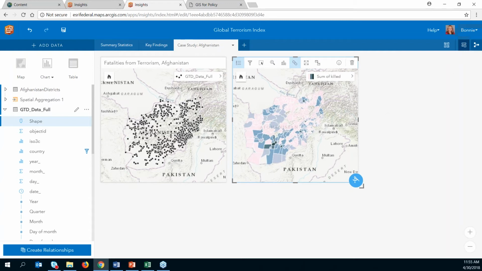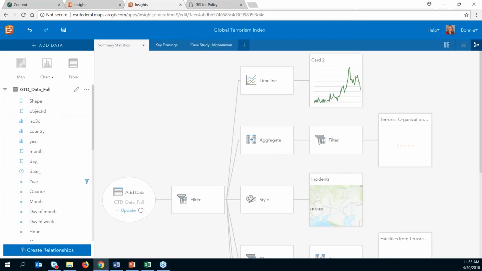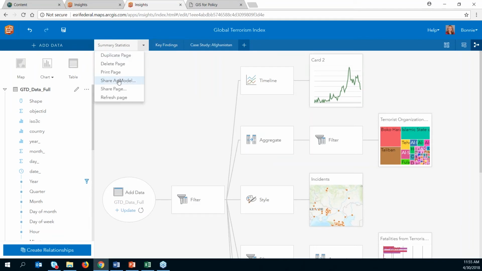So we mentioned the sharing. All of the analysis that I've done is being captured in this analysis view. So it's just a little button that you can toggle on here. So for any of these pages, I can look at the analysis view. As we said, these can be shared out as models. So I can save this to my organization, allow other analysts to bring it into their insights workbooks and update the data set if they've got another section of years that they want to look at rather than the few that I'm focusing on. And then the pages themselves,